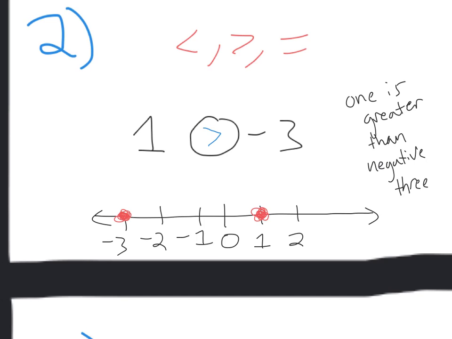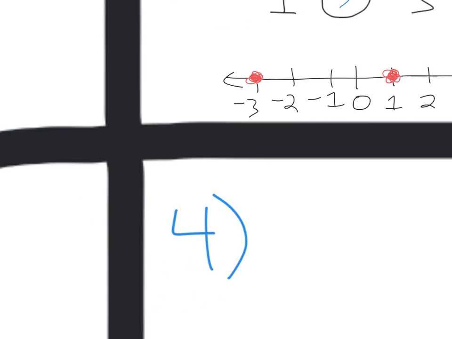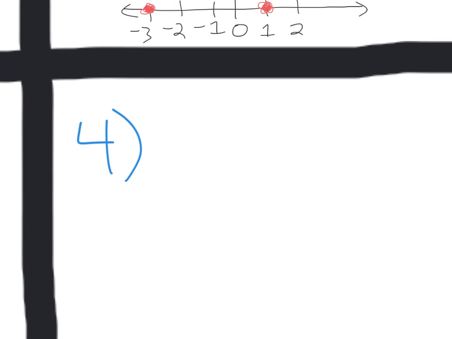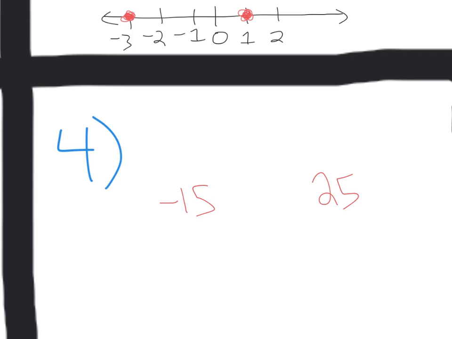Okay, let's go ahead and look at number 4. This problem says Amy is building a house. The basement floor is at -15 feet. That's probably important. I'll write that down. And the roof of the house is above the ground at 25 feet. Write an inequality to compare the heights. I'll write down 25 feet. So we've got -15 and 25, and we need to compare those two numbers, writing an inequality, and explain the